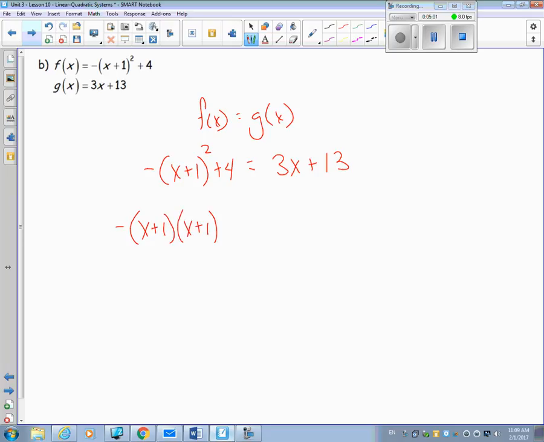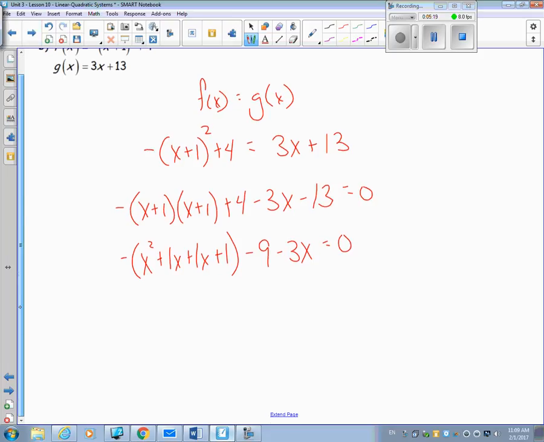I write it out twice. I want to make it equal to 0, so I'm going to bring everything to the left-hand side. I'm going to FOIL. I can collect a few things outside the bracket already, so I'm going to do that. I'm going to distribute my negative sign into my bracket, so I'm going to multiply it in times everything,